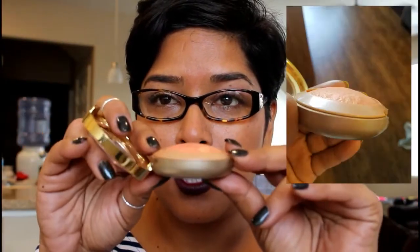A product I didn't really touch very much, I think I touched it less than a handful of times, is my Rose de Oro blush. This one has a little dome and I was wanting to bring the dome down a little bit. I didn't do any damage at all. And it's kind of funny because I really like this blush. It's really beautiful for summer. I just wasn't feeling it. I didn't want the illuminating factor on a